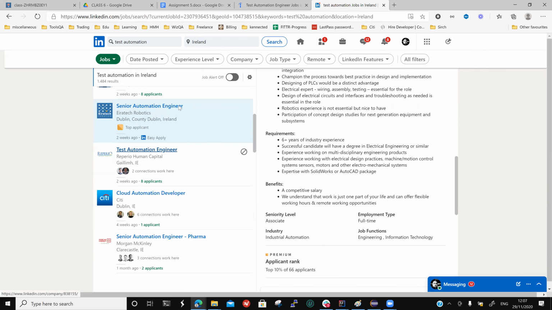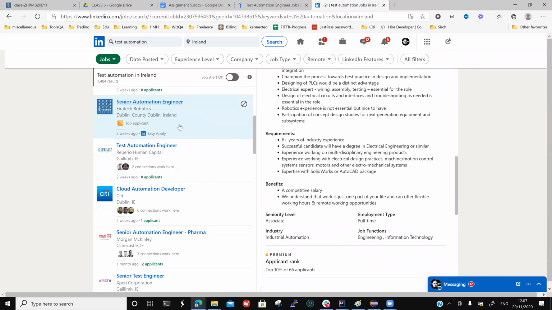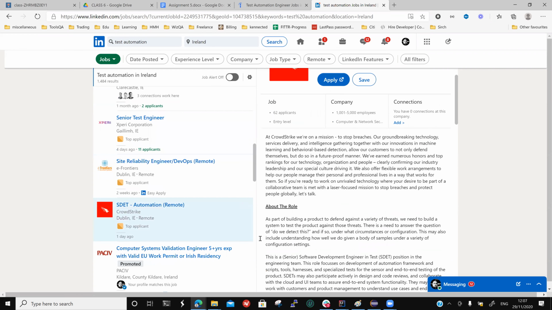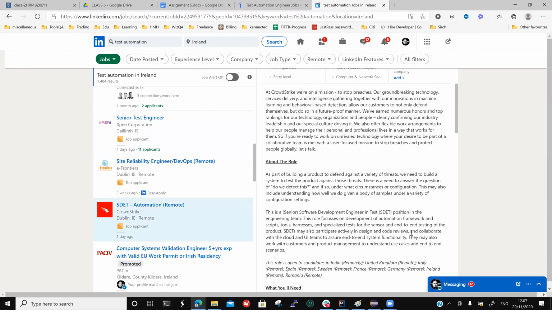The whole structure is a little low because it's a year end and the COVID situations are there. But I have seen that most of them are Java based. This is a SDET role somewhere in Dublin, remote,